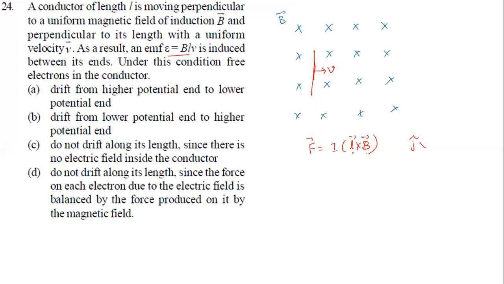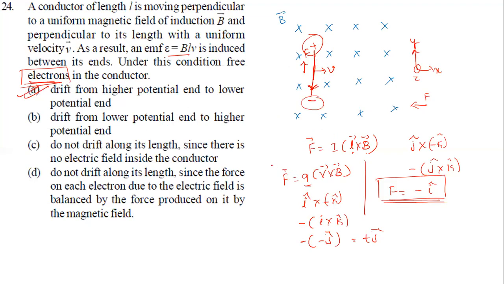So the electrons drift against the force, from higher potential to lower potential. This is a lower potential point and this is a higher potential point. They are drifting downward. Electrons moving downward means they are moving from higher potential to lower potential. That's the reason the lower terminal is negative and the upper one becomes the positive end. So that is the answer for question number 24. You cannot use the earlier formula; you can use this formula because it is given for electrons.